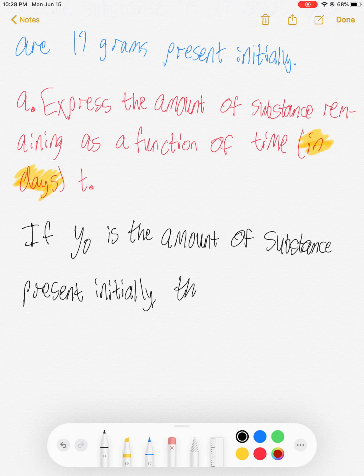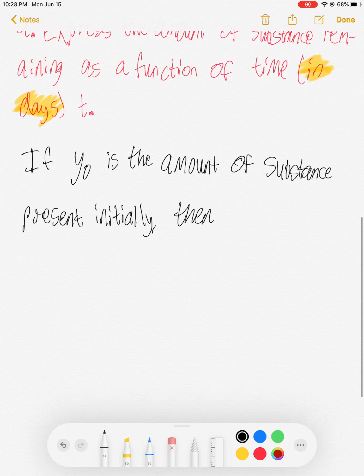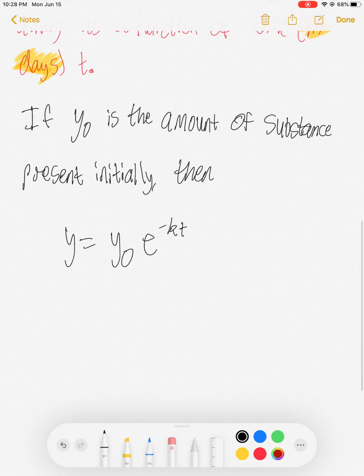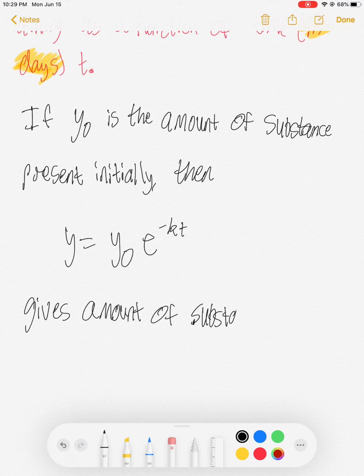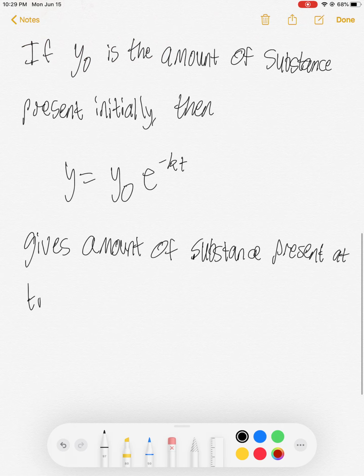So if y naught, y sub 0, or y naught, there are different ways of saying the same thing, is the amount of substance present initially, then the formula y equals y naught times e to the minus kt